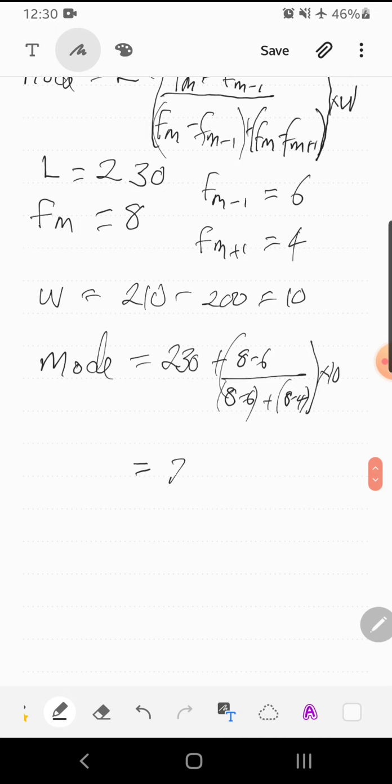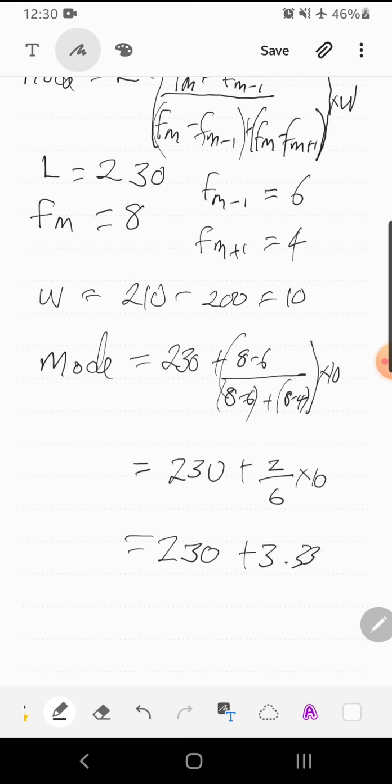And this gives us 230 plus 2 over 6 times 10, which gives us 230 plus 3.333, and this is 233.333. Okay, and that is our mode, the modal time. So we have found our mode,